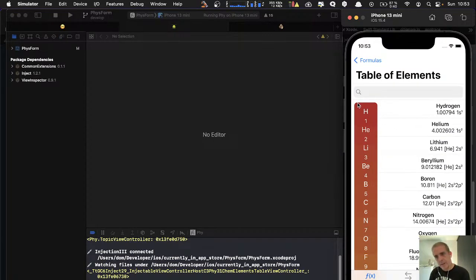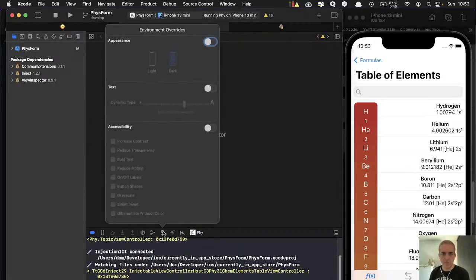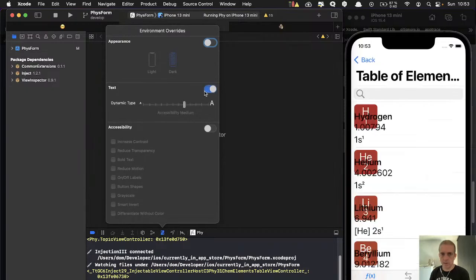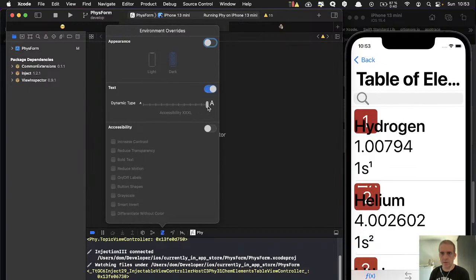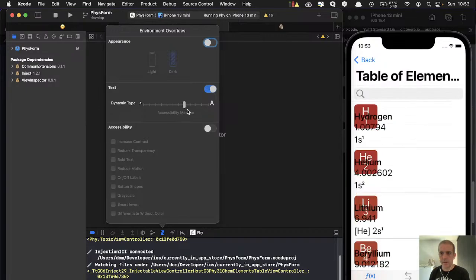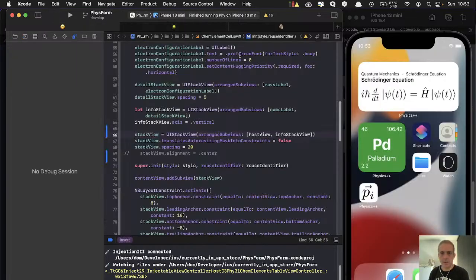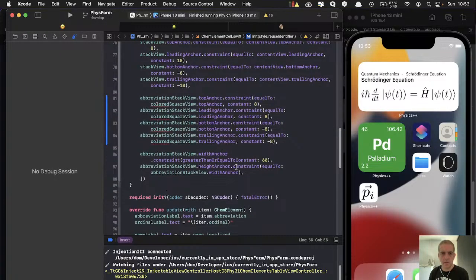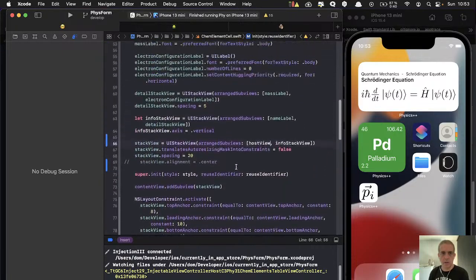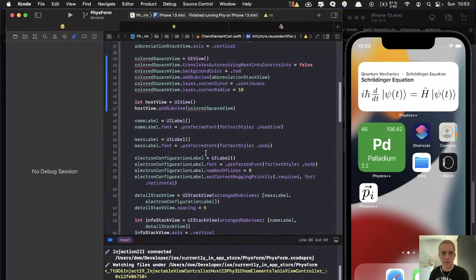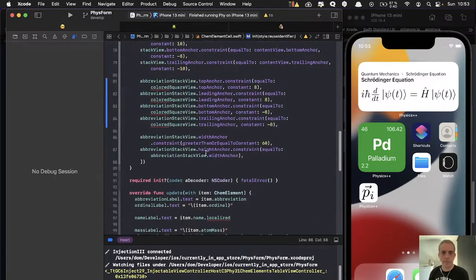So the colored view doesn't tell its super view how it would like to be positioned. There are no constraints, and so everything is broken. Okay. So what happens if we tell the layout system that the colored square view